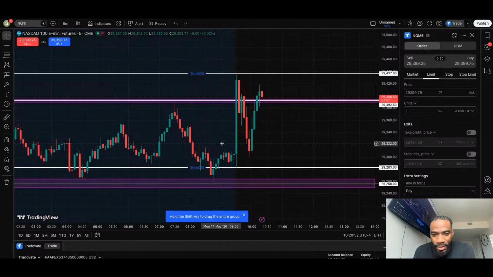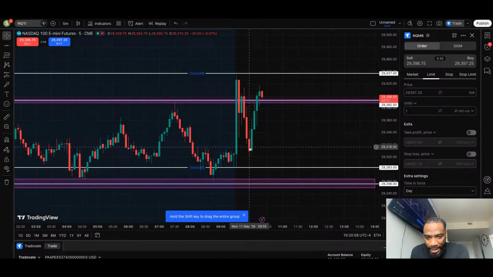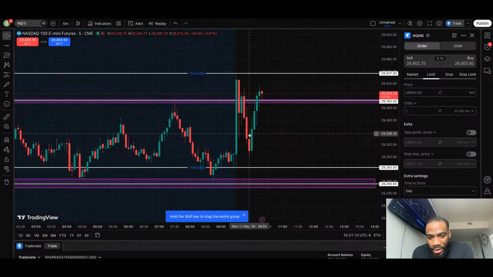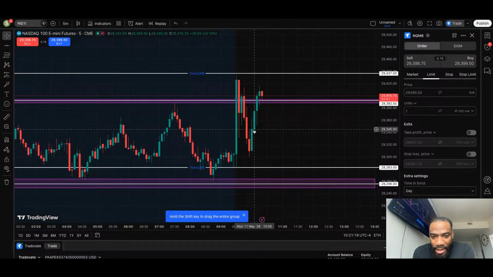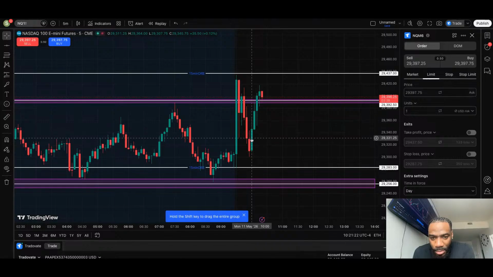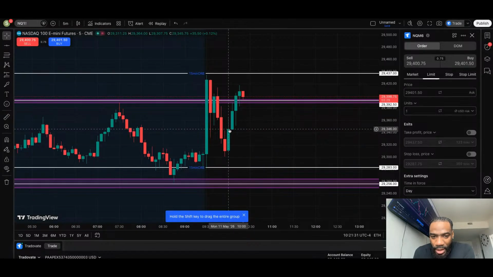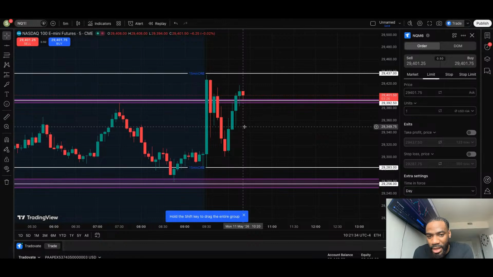I really like entries like this. So you see how price went up, it came back down, and then this green candle overpowered this sell candle right here. It's called an engulfing candle. So it's showing me that the trend is trying to reverse and go back up. After this candle, I usually find my entry here, and then we'll take that up. But I was late, and like I said, it's kind of in the middle of no man's land. But that's usually the trade that I catch, after the engulfing candle, back in the direction that I want it to go.